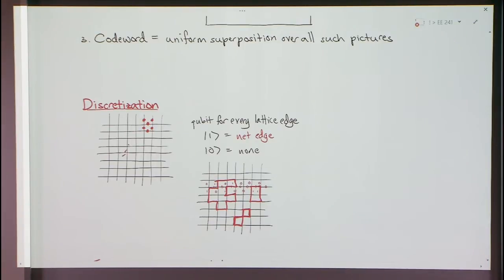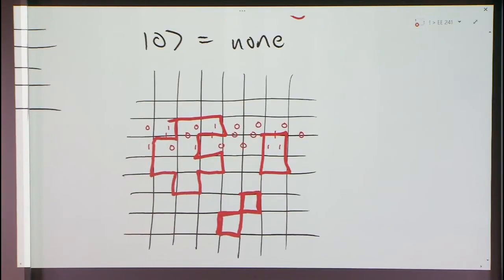And then we think of zeros and ones in the following way. We think of a 1 as meaning there's a red edge. So if that qubit is 1, then we draw a red edge, a net edge. If the qubit's 0, we don't draw a net edge. So for example here, this red gives you a net. It's a bunch of cycles. And you can read off the state of the qubits. It's 0, 1, 0, 1, 0, 1, 0, 0, 0. And you can read off the qubits on this horizontal edge and so on. So it's just a pictorial way of drawing these strings of zeros and ones.